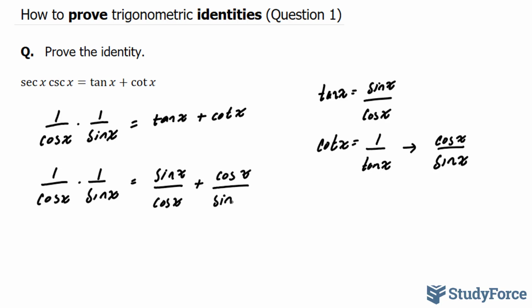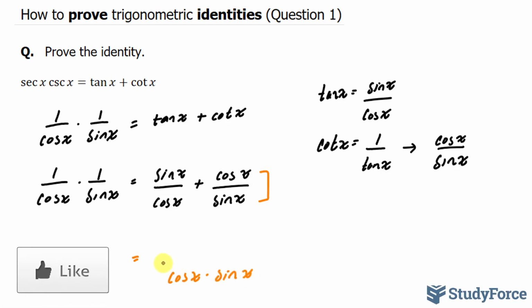over sine x. Now normally when you prove an identity, usually you want to stick to one side, but in this case you'll need to manipulate both sides just a little bit to prove both sides. Next, what I'll do is multiply these two, then find a common denominator on the right side for the two terms. To find a common denominator here, you multiply the denominators together, and I'll multiply cosine x with that and